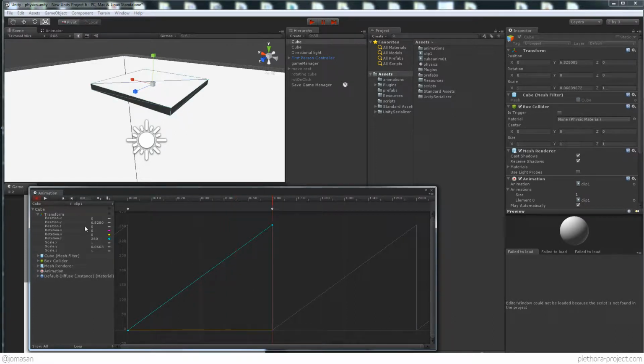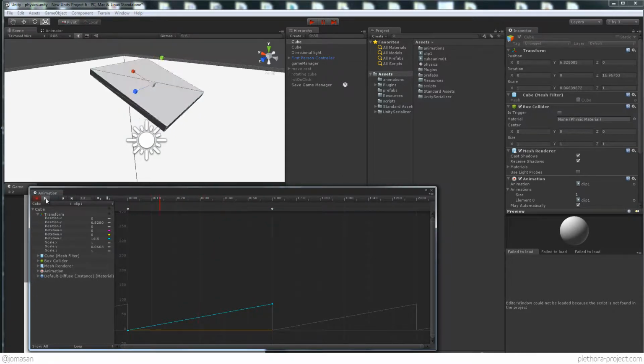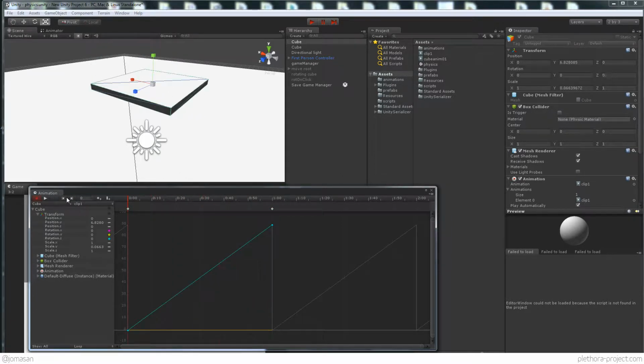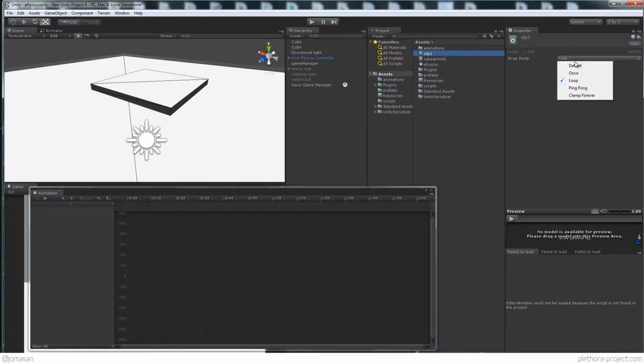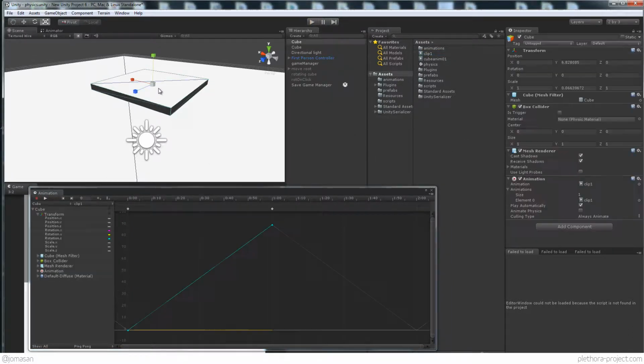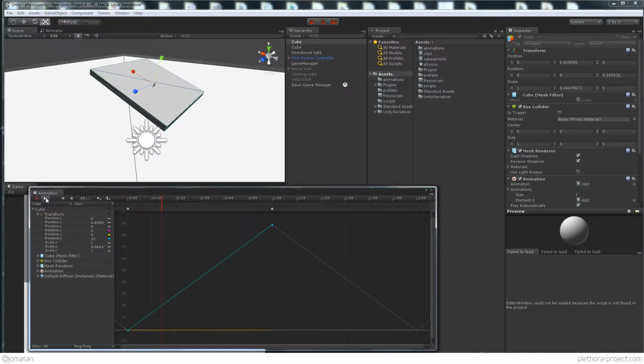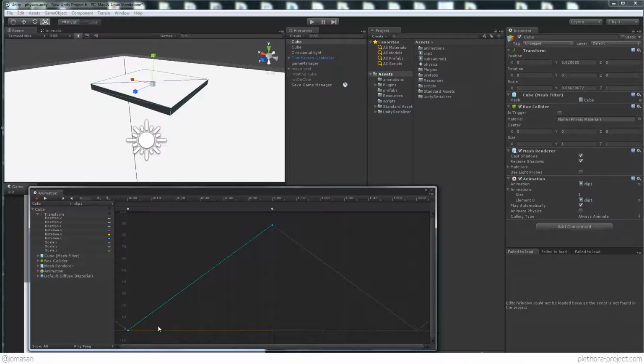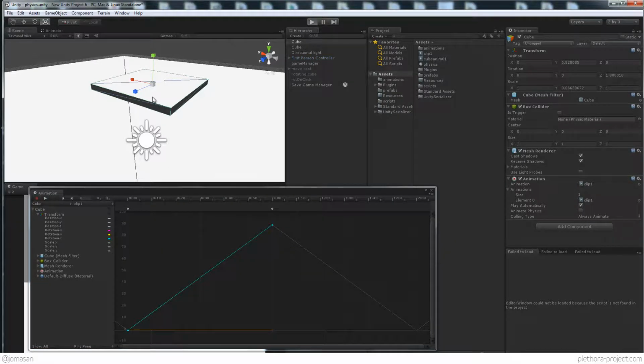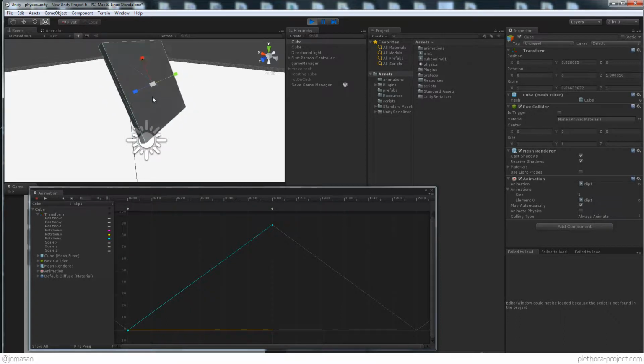But let's go back to the idea of 90, right? So with 90, we have that jump, right? But let's try to change the wrap mode of the clip to ping pong and see what ping pong means. Ping pong means that we just get to the end of the animation and then we go backwards and then forward and so on. So we could see it. Well, this is going to just show me the animation. So if we press play, we could actually see the ping pong, and you see it's pretty harsh, the movement,